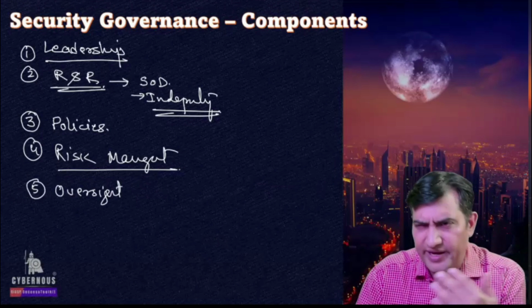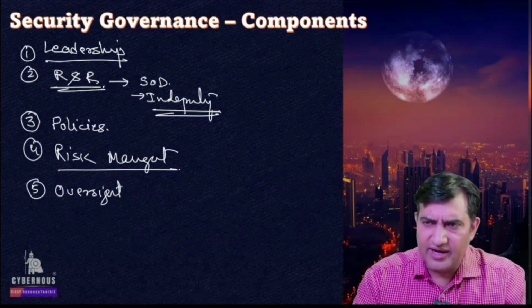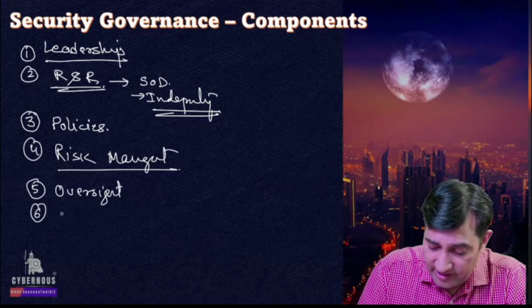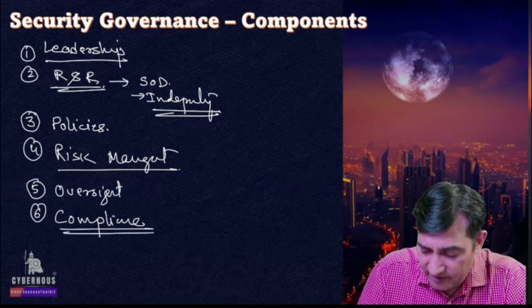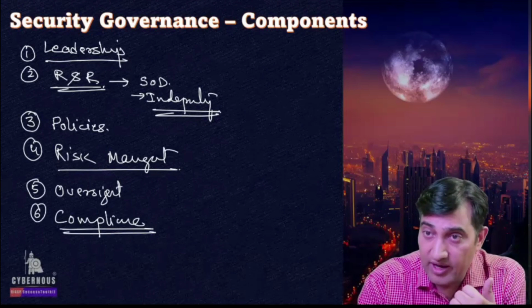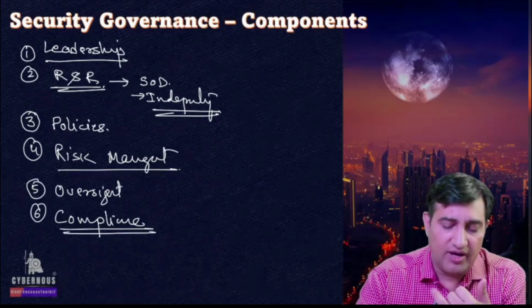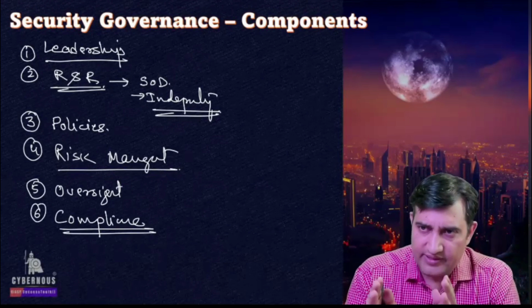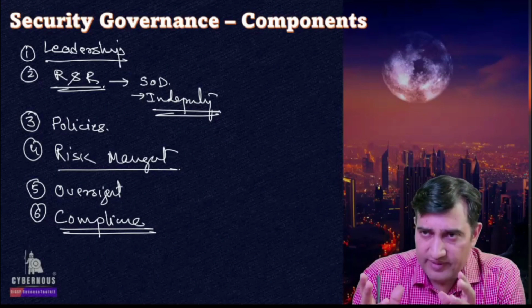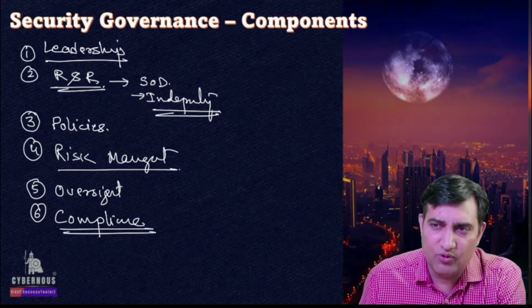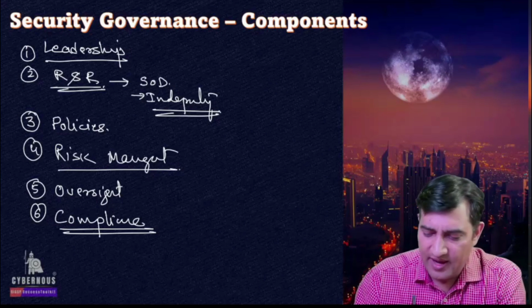And that is where we bring in a scorecard, defining KPIs and those kind of stuff as well. And finally, you need to be very, very considerate about compliance as well. You need to make sure you are compliant with all regulatory standards, legal standards, client requirements, your own business compliance requirement, standard specific requirement, all of it. So these are the different elements which you can see. If you have all of them, you can say you have a good security posture, or you can say you can have a good security governance end of the day.